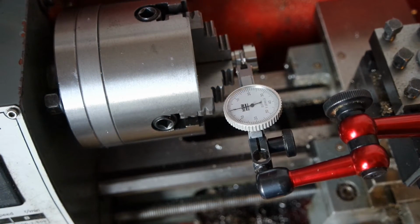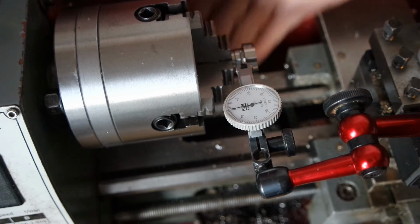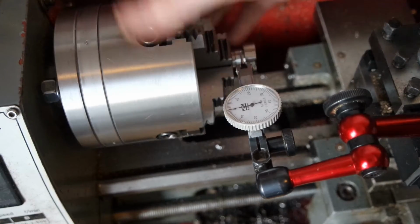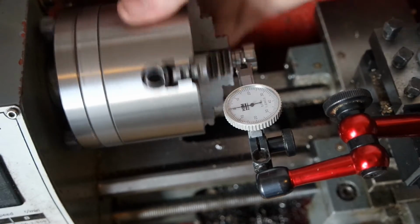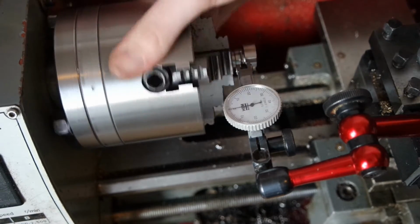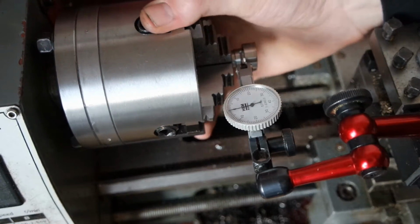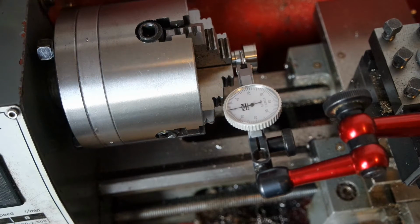I clocked in the part. It's within hundredths of a millimeter, but I noticed there is some play when I do this, and that's not a good sign. Maybe it's got something to do with the bearings. I hope it doesn't, but